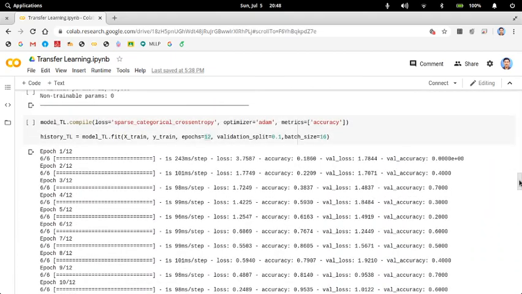Transfer learning is basically when you have a model or a system which is trained on a large data set, and you use it for your system when you have a small number of data in your data set, or the data set itself is not available.